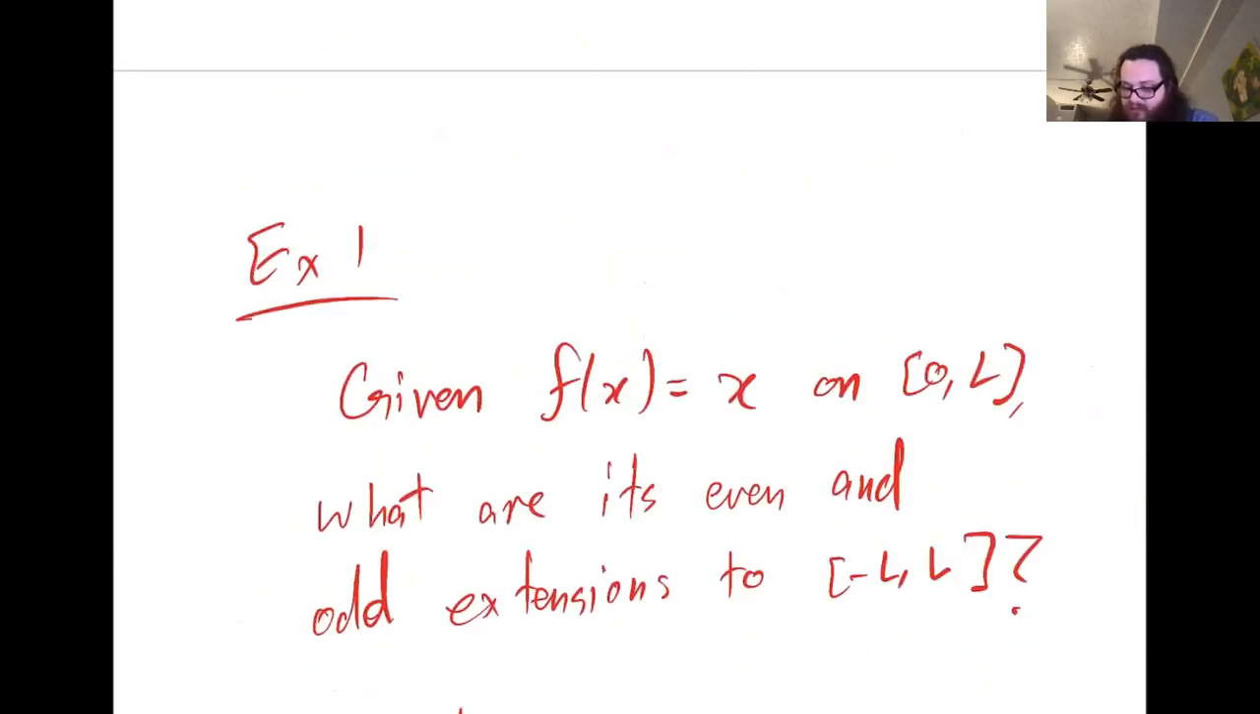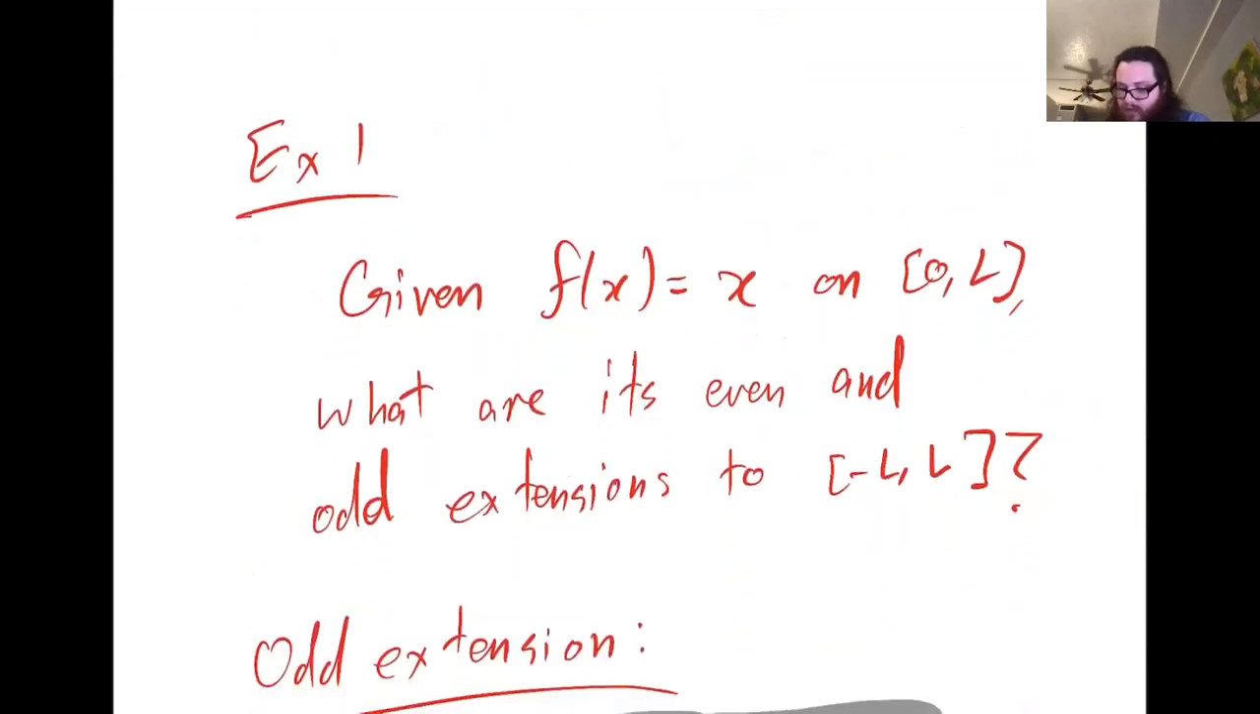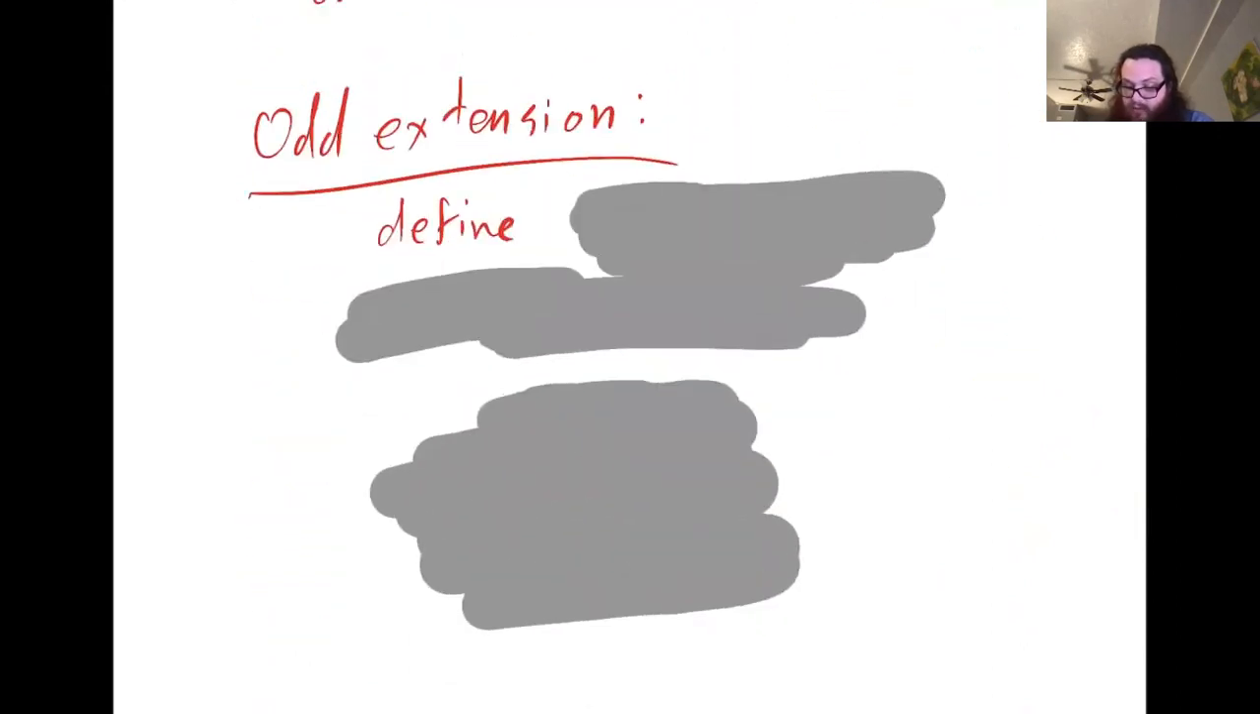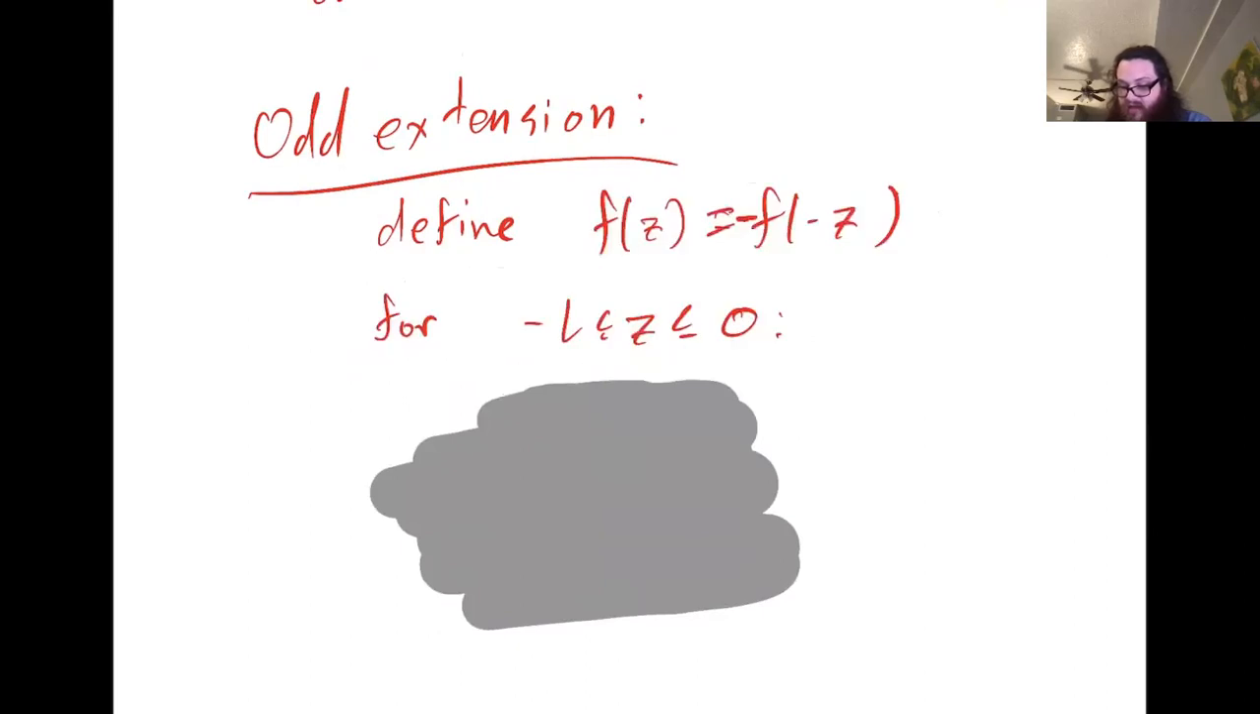Here we're given a function, f of x, and our domain of interest, we're starting with 0 to L. So the question is, what are the even and odd extensions of f of x equals x to the interval negative L to L? So for the odd extension, what I wrote above was, well, we're going to define